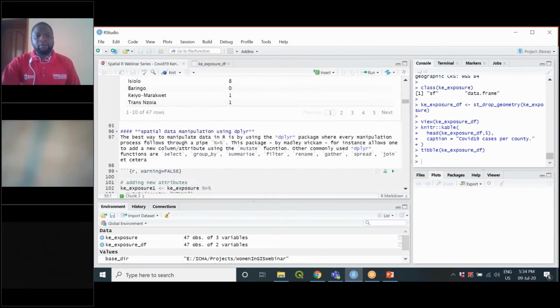So the next thing would be now, how do I manipulate some of this data contained in my spatial data set? The most commonly used package in R to manipulate data is dplyr. It's a commonly known package in R. So for the R fanatics in this webinar, they can attest. The dplyr package